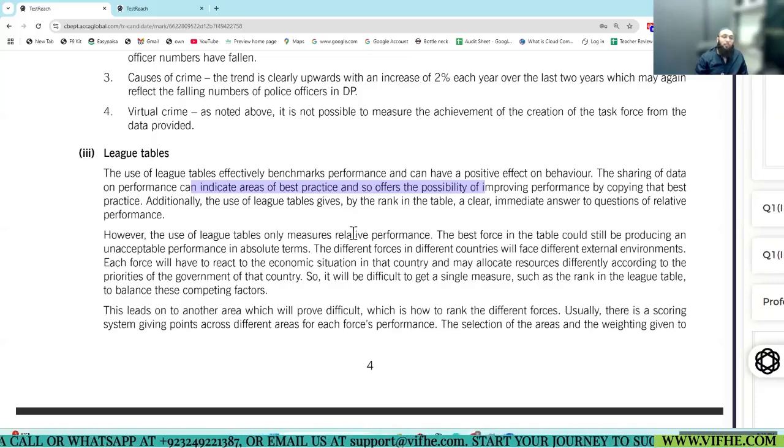Like a police force in a region where thefts are too much, they have done well, but because thefts are too much, maybe their number of thefts resolved might not be that high, but they have performed well. So different countries, different environments can affect the performance. So it's not just one league table that will decide who is best, who's worst. This is the negative side.